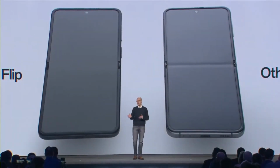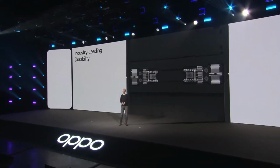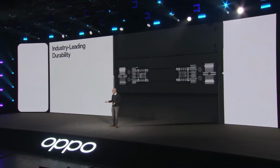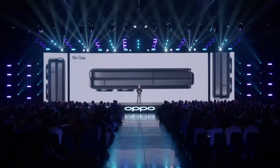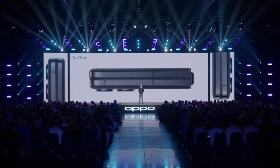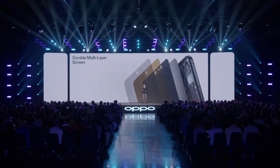In addition to the visual and tactile improvements that you get, the new Flexion hinge also ensures industry-leading durability. First of all, when you close Find N2 Flip, there is no gap between the sides. This doesn't just look good, but it also keeps dirt and dust out. So you don't have to worry about debris getting into the phone, damaging it. With stronger materials like steel that is 25% more durable and carbon fiber reinforced polymer, as well as a more durable, multi-layer display, Find N2 Flip can handle just more